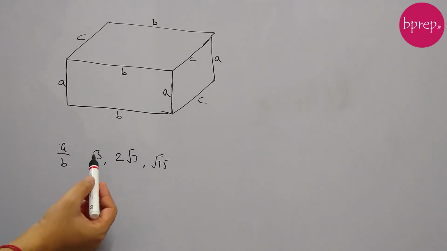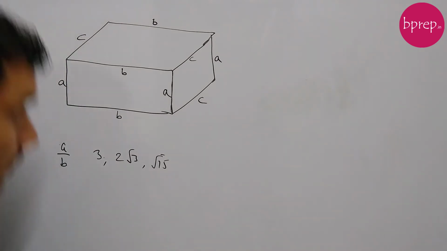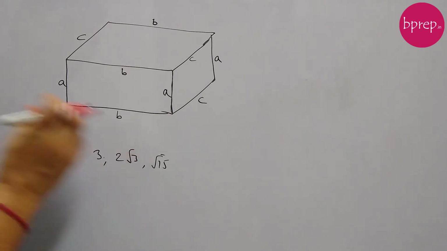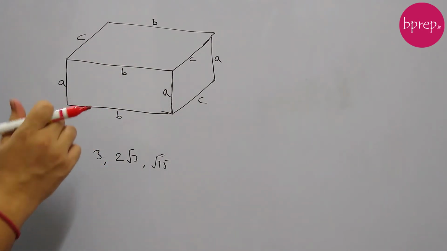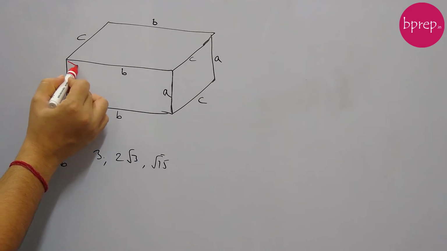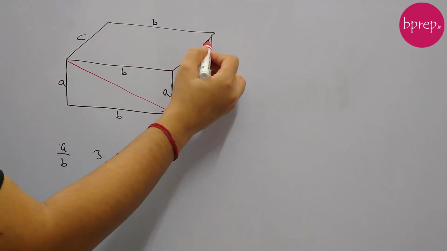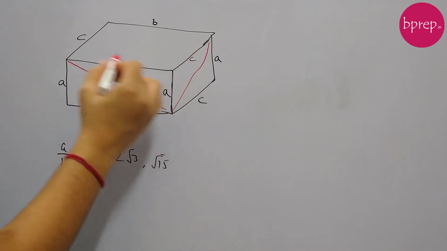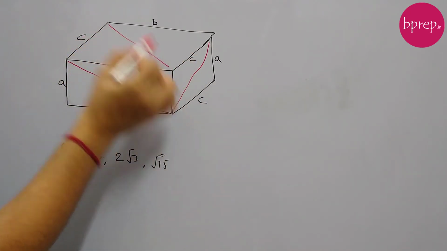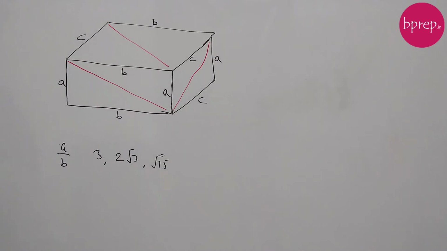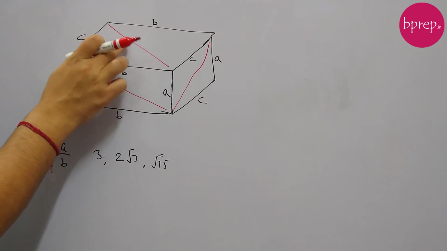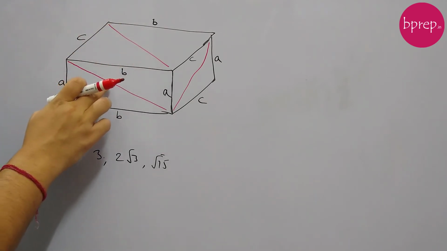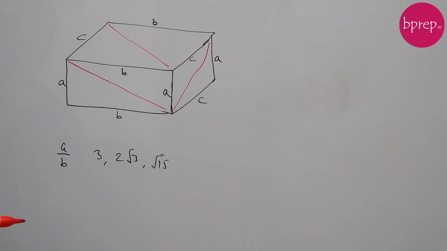Now we need to see where we will be putting these diagonals. So if you see in this brick, there are 3 sides. So there will be 3 diagonals of unique length. So one will be this diagonal. Okay, other will be this diagonal. And third would be this diagonal. Okay. Now if you visualize, this diagonal will be the longest one, because this is on the larger face. This will be the medium one and this will be the shortest one.